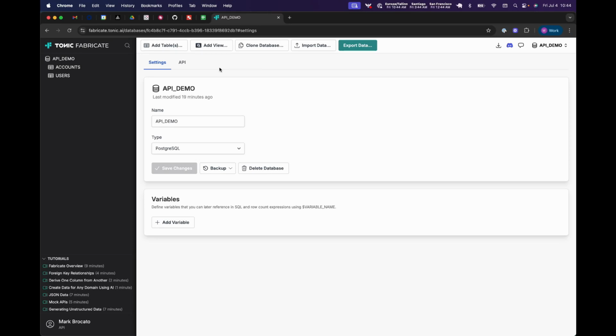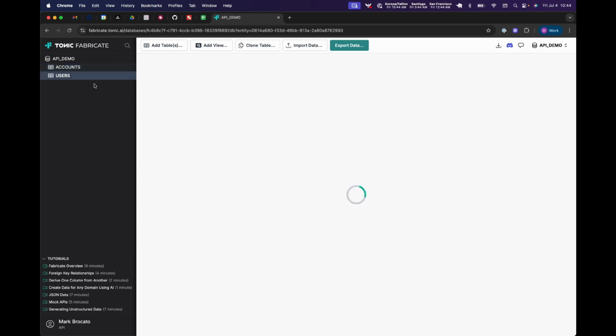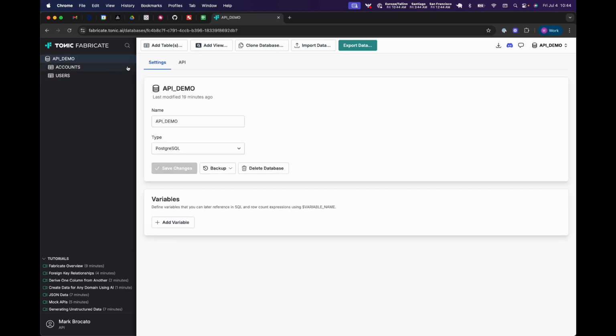In this demo, I'm going to show you how to create mock APIs using Fabricate. We'll start with this database that I created that has an accounts table with ID and name, and then a users table where each user is in an account. So if we want to put a mock API in front of this database, we can go to the database